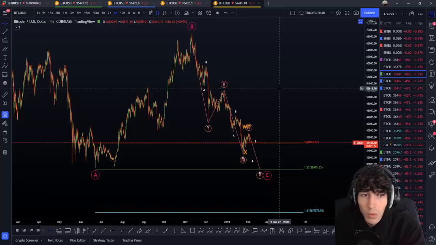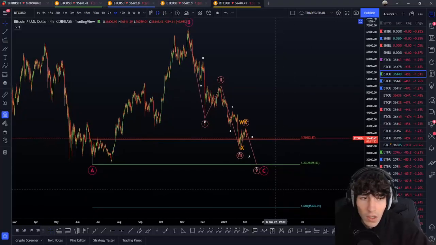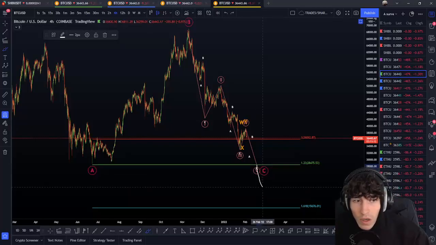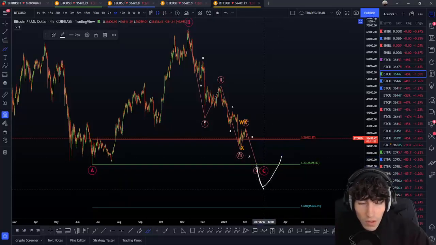We know waves. You know what we're going to do here, possibly. We know targets. Should we lose that one? We can just look towards the 161 point here. Now, when I say when we lose that one, it's not that we just do a wick and reclaim. It's when we lose, we lose. We clearly go really more down and do not reclaim that. Really go more down and